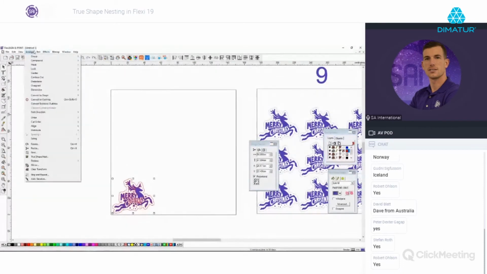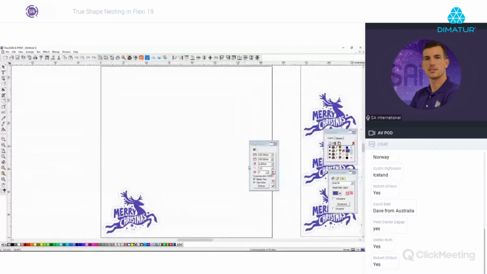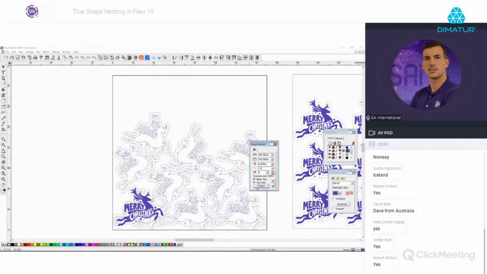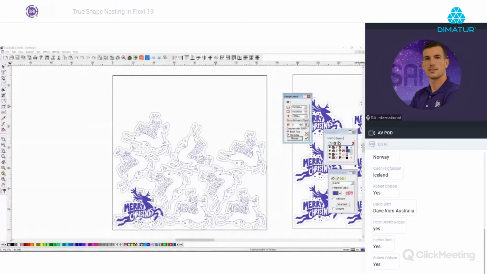So effect, arrange, true shape nests. Okay, we make 9 copies and we can already press redraw. This will mean you will see a preview of the nesting, so you don't have to apply the nesting already. You can simply click redraw. Okay, like so. And what we see already is, wow, with 2 millimeter spacing, we already have some space left